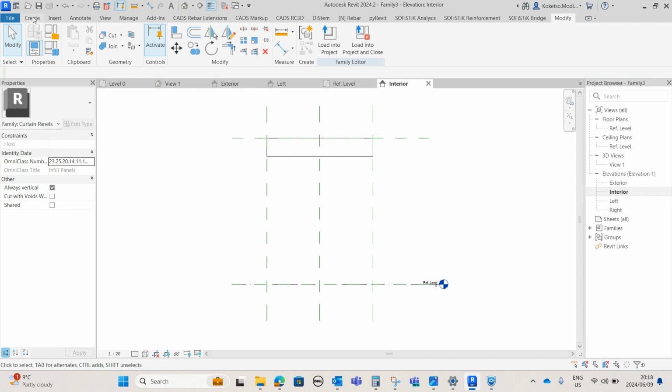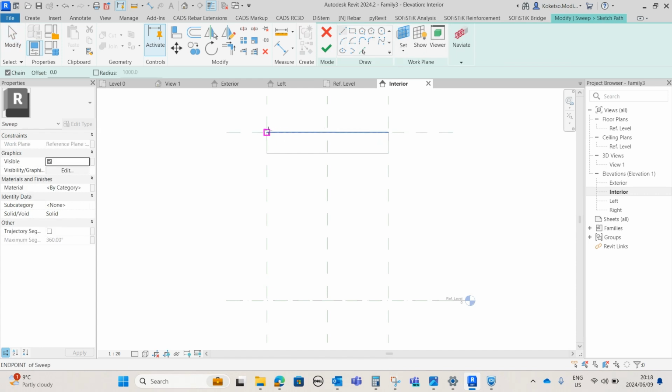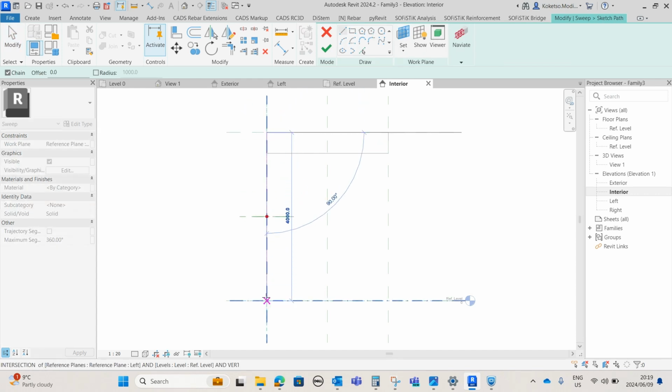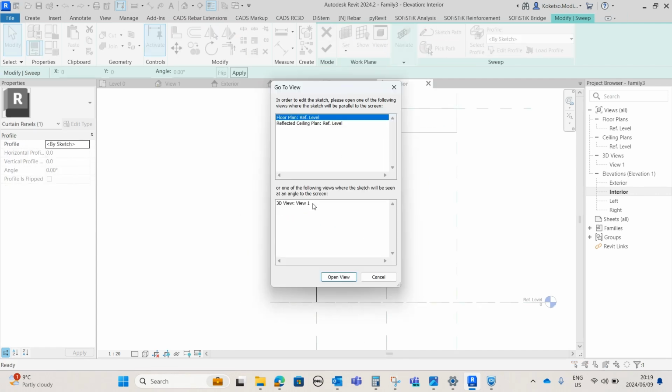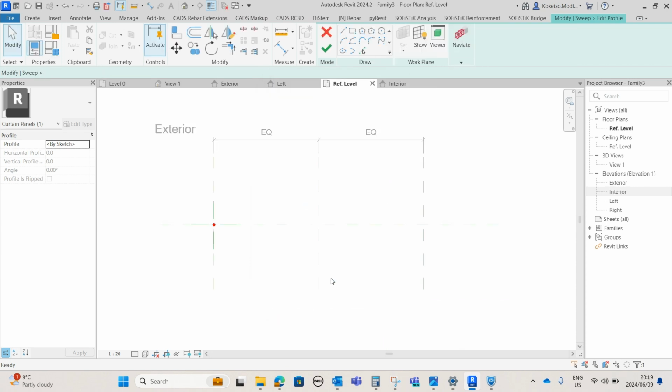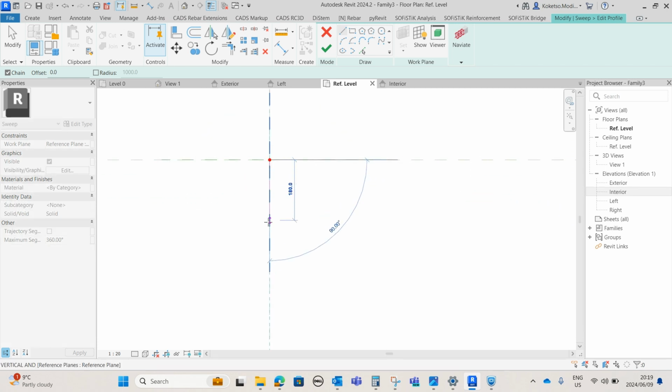So you're gonna go back to create again and say sweep, and then go to sketch path, and then you're going to place your path like this, vertically like this, at 4000 millimeters. Press escape, go to finish and say edit profile, and then you're going to set up your reference to floor plan or reference level and say open view. And then from there you're going to take it from this insertion point, and then you're going to bring it down by 500 millimeters,